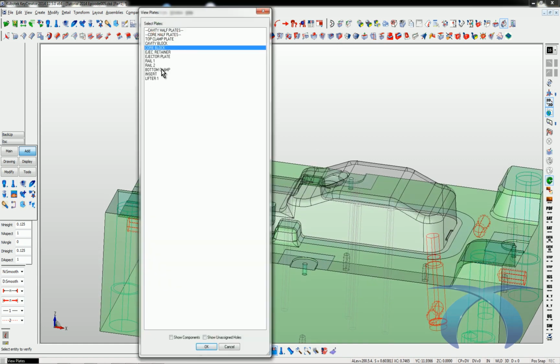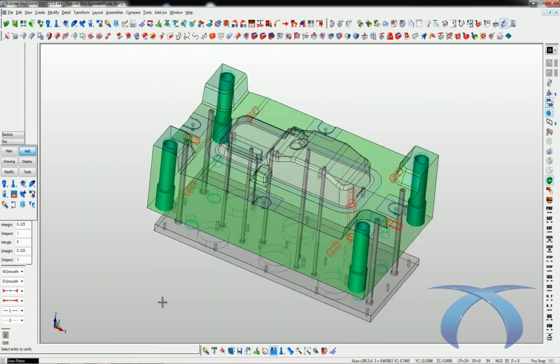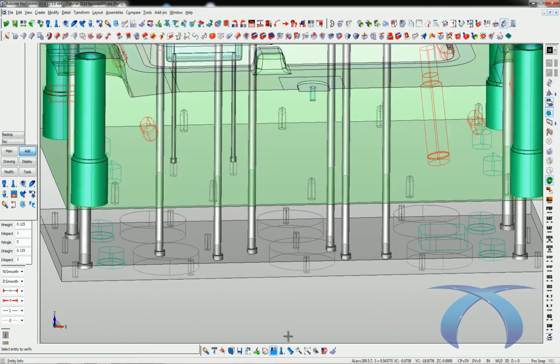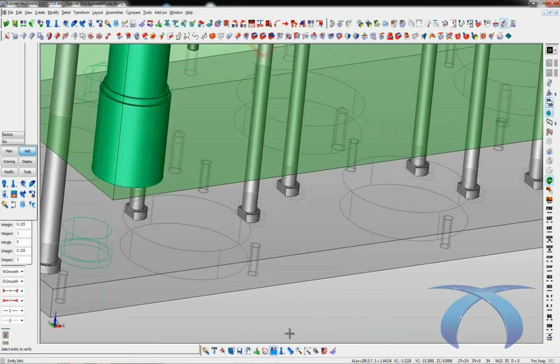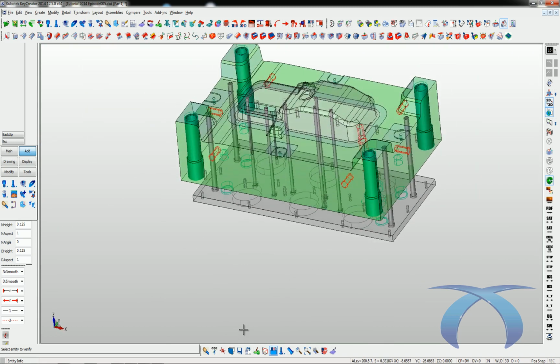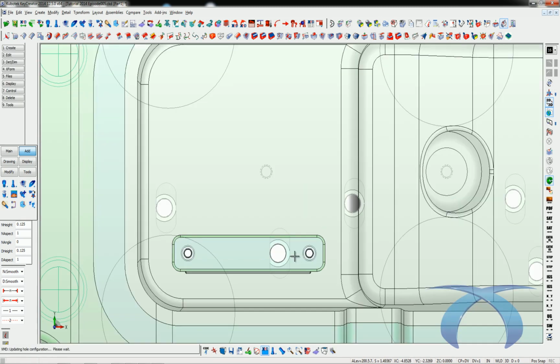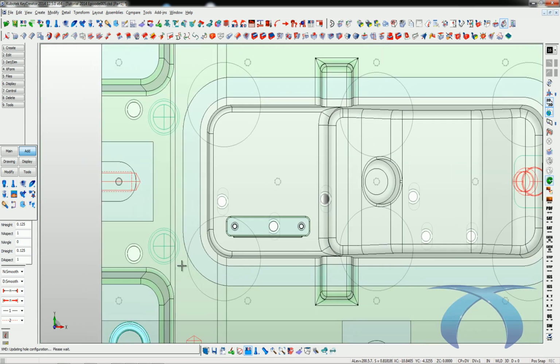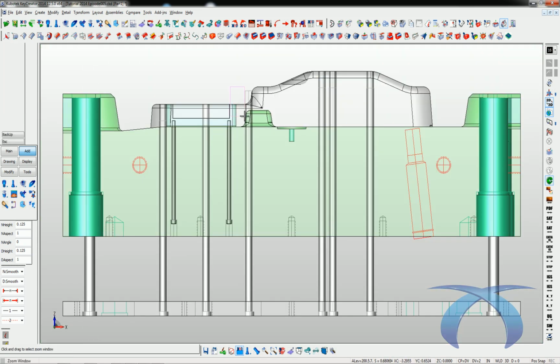And the same thing applies for the retainer plate. All the holes are applied to the retainer plate, and you can see all the D-locks and whatnot are all in there. All the holes. If I move these ejector pins around, those holes move with them. Once again, as we've mentioned in the past, you can do this in 2D or in 3D, it doesn't matter. Okay. On top of that, all the ejector pins